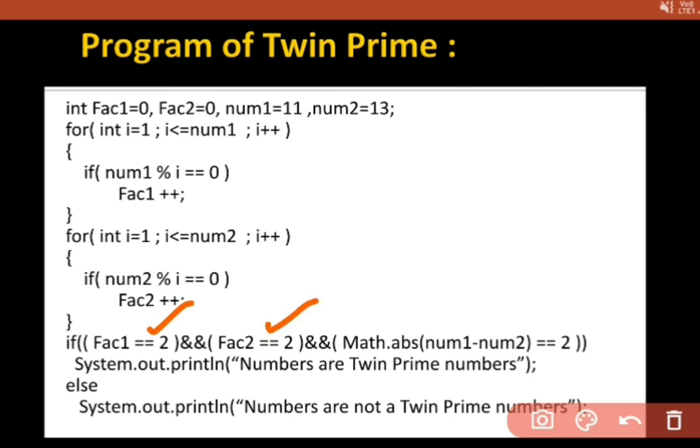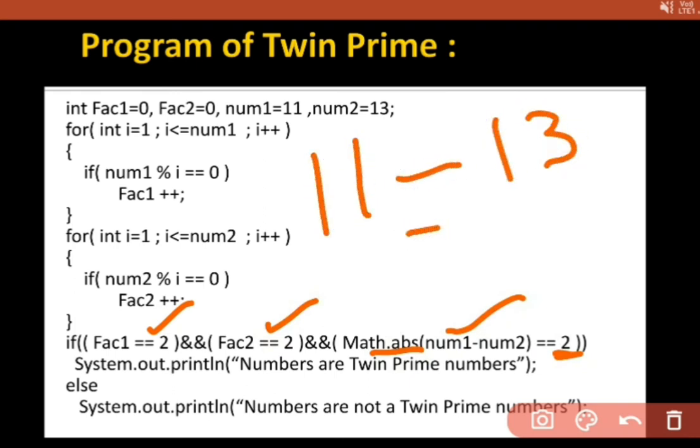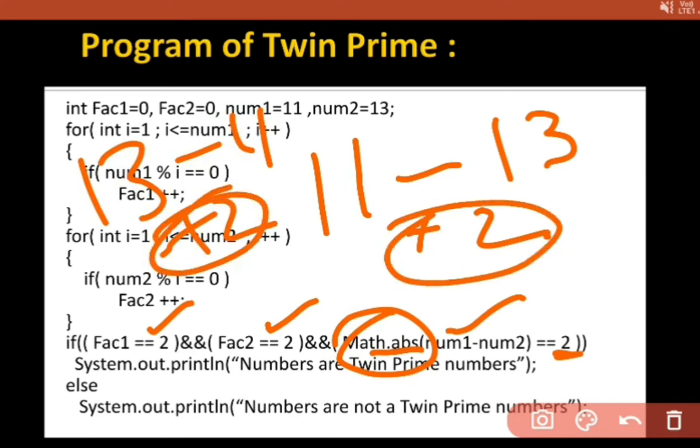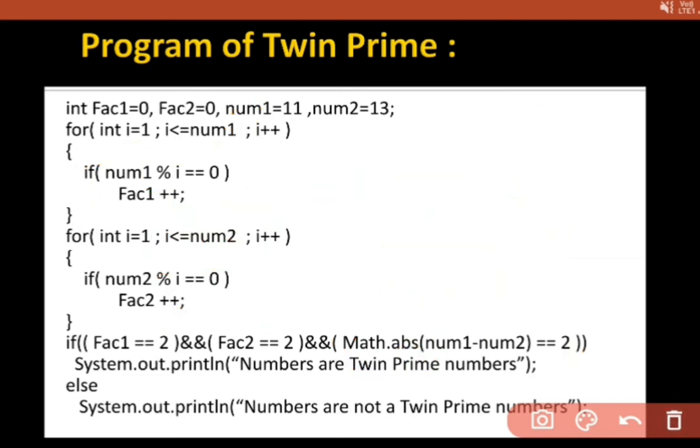As well as that, I want the absolute difference to be 2. Means 11 minus 13 will be minus 2. I want to remove this minus, and it becomes plus with the help of ABS. I want the absolute difference where the negative sign should not be there. Means either I have 11 minus 13 or 13 minus 11, both get plus 2 as the absolute difference. Means the difference of both of them is 2.